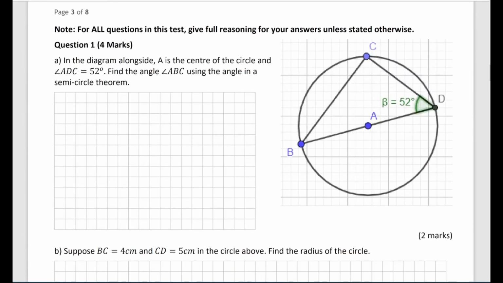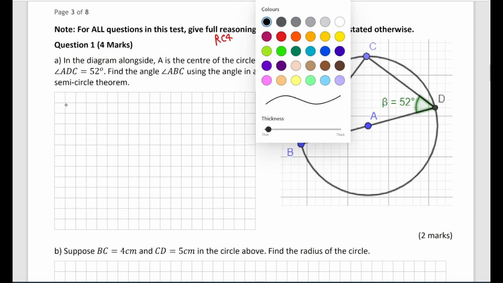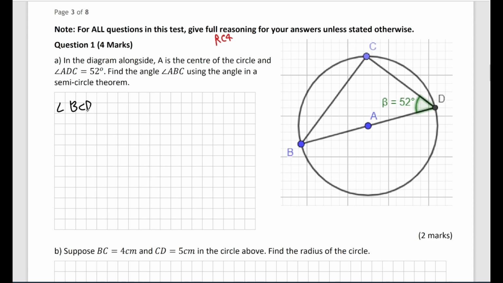It's really important that you give full reasoning for every answer, and that's because of that RC4 performance standard that we saw before, the reasoning and communication one. This one tells you to use the angle in a semicircle theorem, so that's exactly what we're going to do. Angle BCD equals 90 degrees by angle in a semicircle theorem. So we'll mark that on. Therefore, 52 plus 90 plus this missing angle